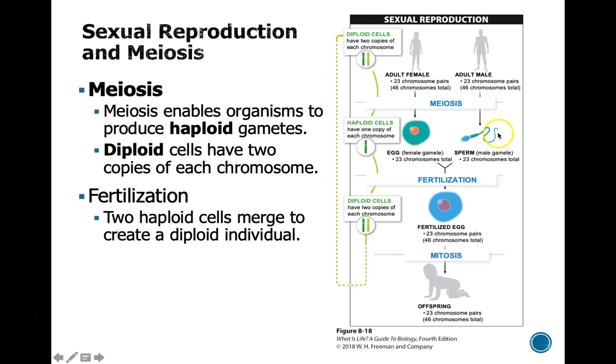Then, when the sperm and the egg fertilize, they produce something called a zygote. That's just the biological term for the fertilized egg. That brings back together those two haploid sets of chromosomes, and now the fertilized egg that's going to grow into the baby actually has one set of chromosomes from mom and one set of chromosomes from dad to be diploid again. So the process of meiosis is the process that's going to reduce that diploid situation of chromosomes down to haploid. Then the process of fertilization is going to restore that diploid.